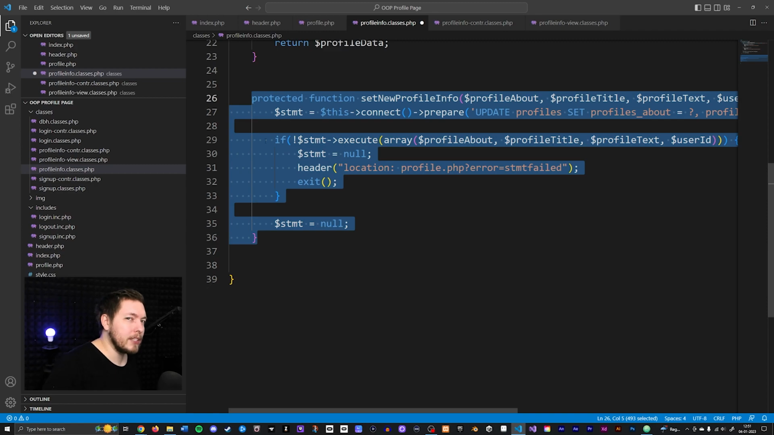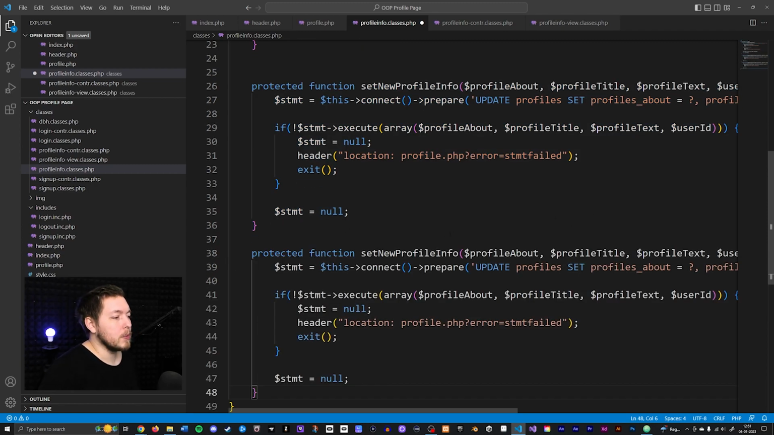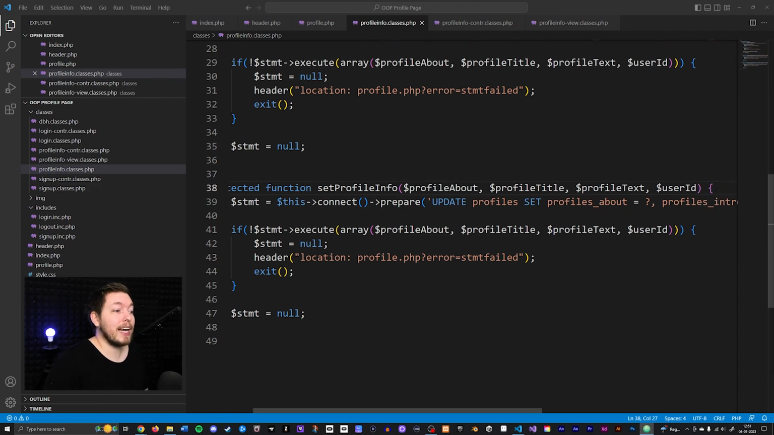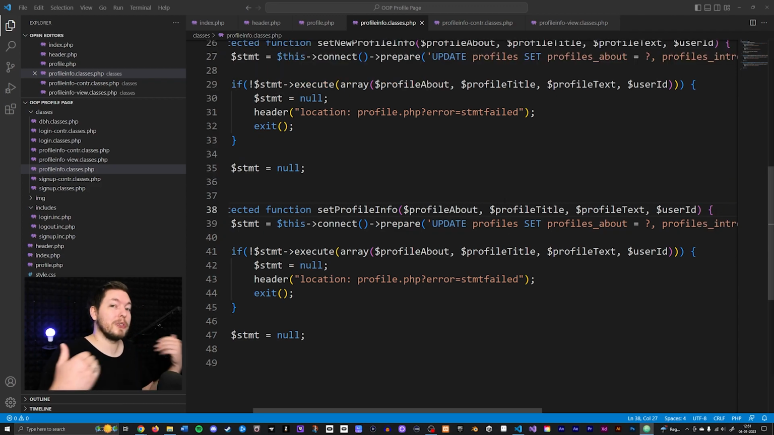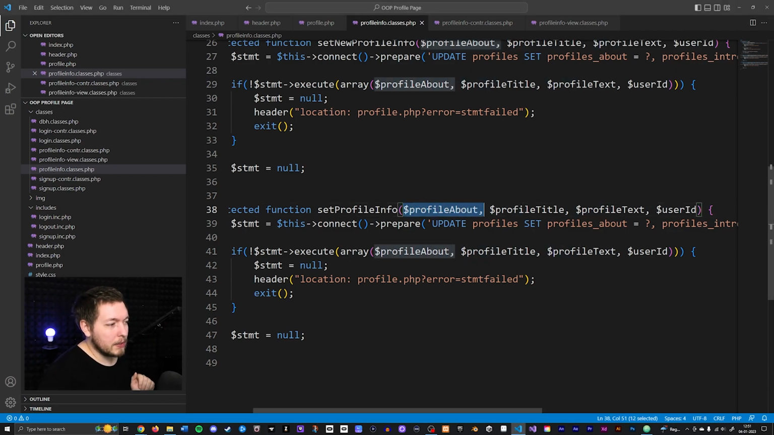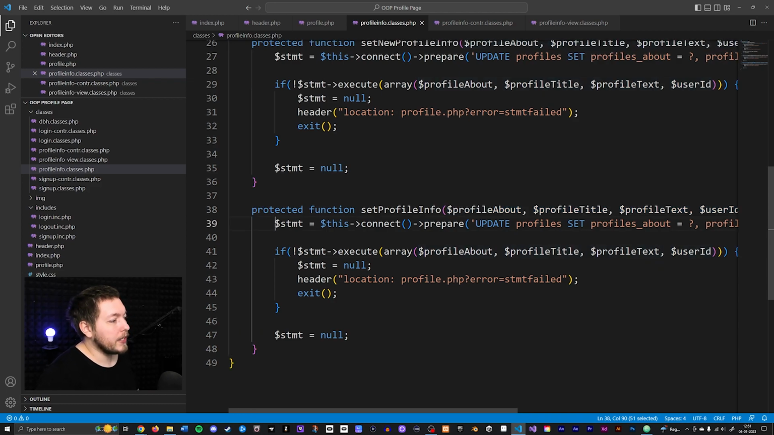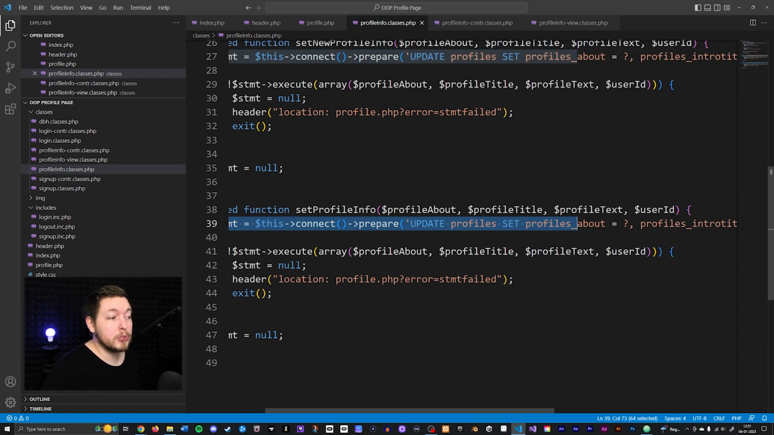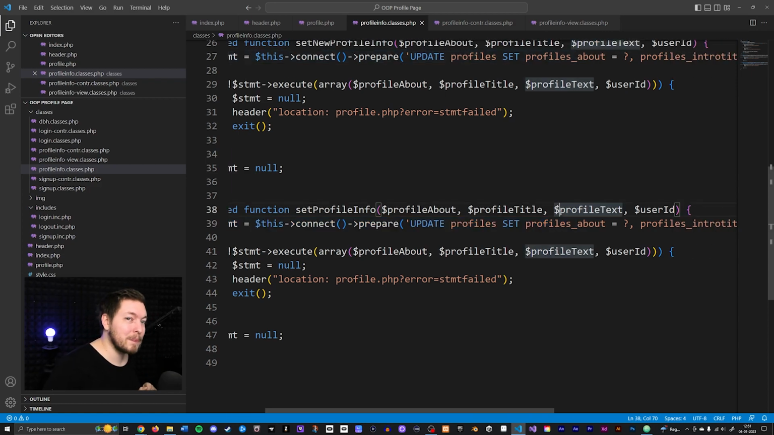So I'm just going to copy paste the update one, paste it in below, and instead of saying set new profile info, we're just going to say set profile info. Now we will be passing in the same data as in the previous one because it's the exact same information that we want to insert into the table, just like when we updated. So we're just going to keep the parameters that we have inside the method here. And we do also want to create a prepared statement because we want to do this in a safe way. However, we do need to change the SQL statement because we don't want to update, but we want to insert